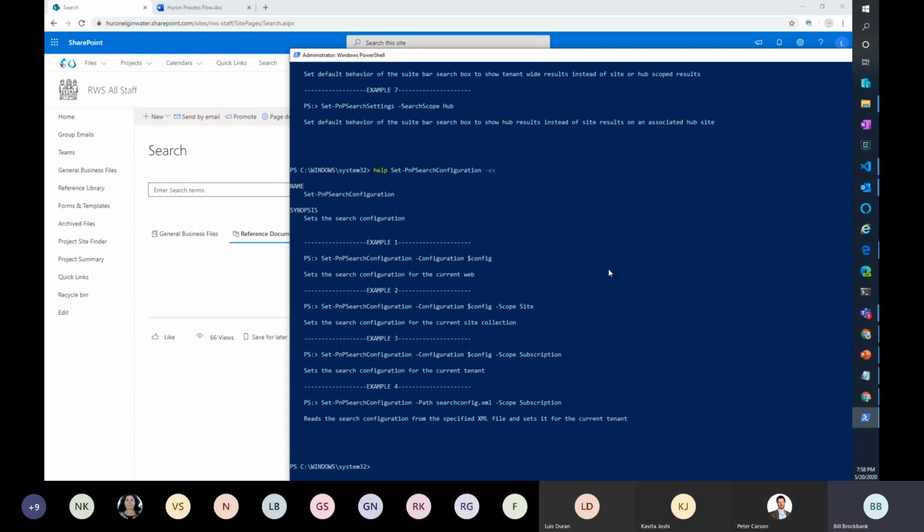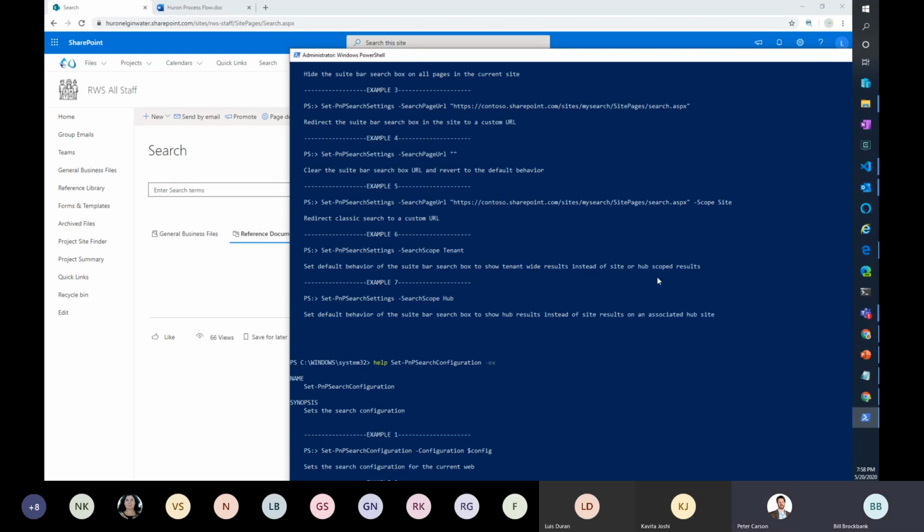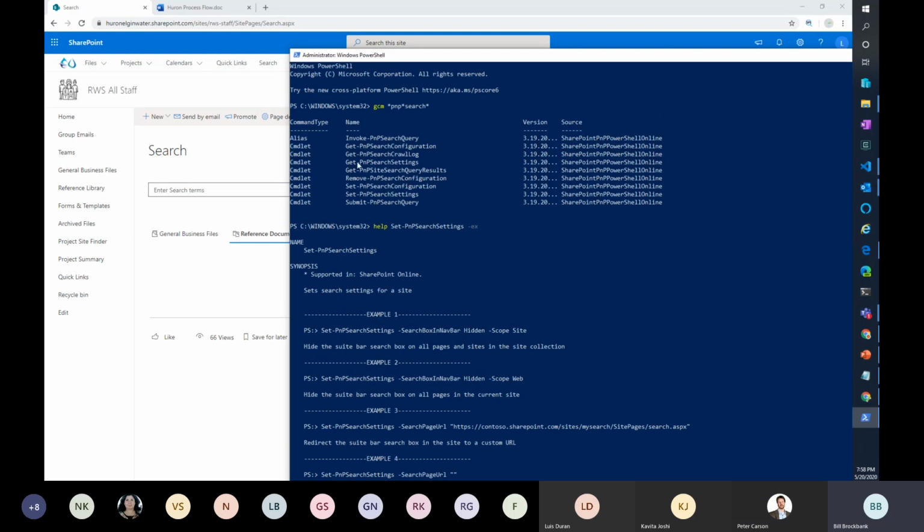I'm trying to remember what this one does. Invoke tenant. Invoke search query is an interesting one. It lets you run search queries from PowerShell. There's a submit as well. So there's always submit and invoke.